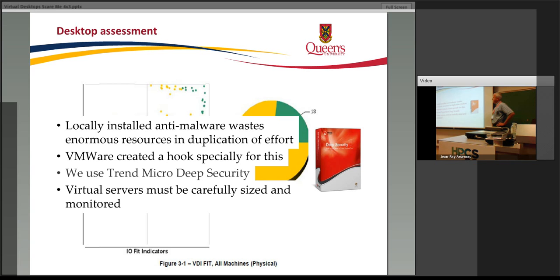However, we discovered, and this works fantastic, by the way, we're very happy with Trend Micro's solution, but you can't neglect it as your system grows. One thing we discovered is that those virtual servers that are doing all that become a bottleneck. You have to be very careful with them. We had some odd behavior, and it was not immediately apparent that it was related to this. One was we had